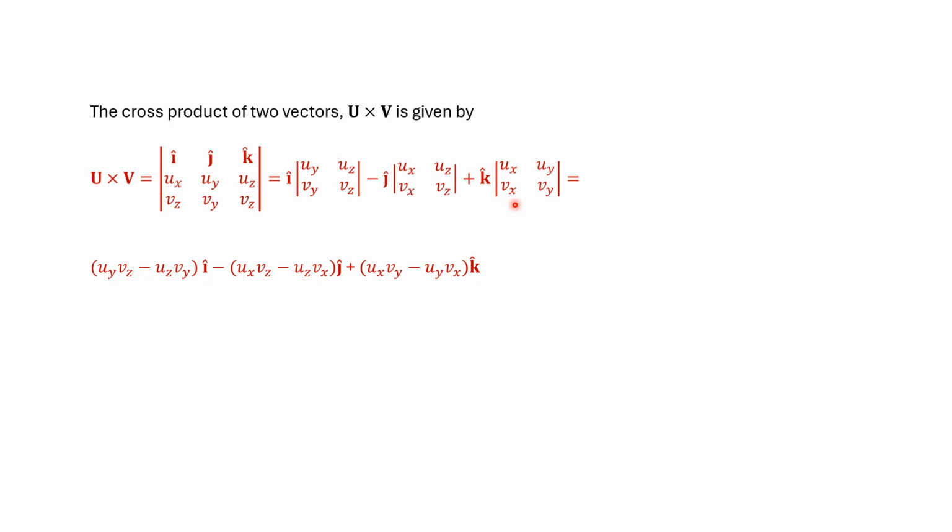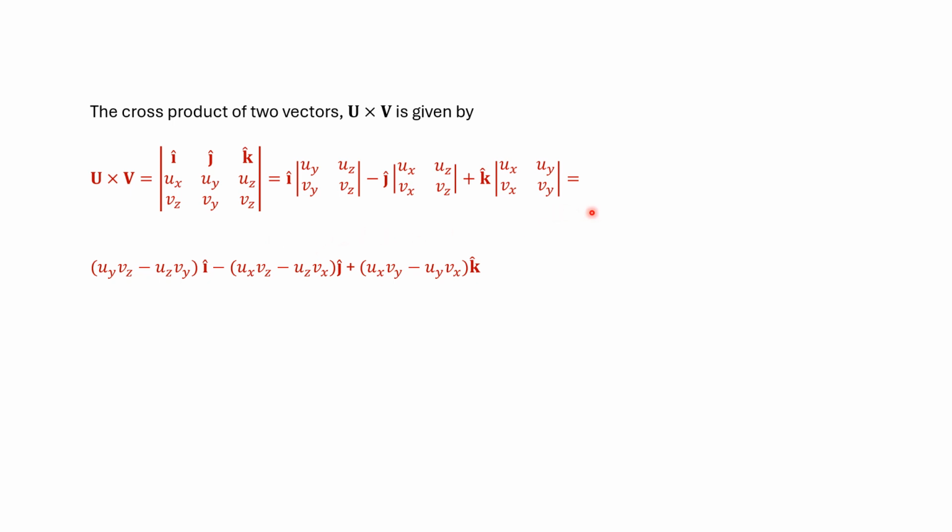ux, uy, vx, vy. And the way we find a determinant is we take the diagonal and multiply. So this would be uy times vz minus, and we take the reverse diagonal, so this would be uz times vy. And we do the same for each of these to evaluate the determinants. This technique of taking a 3x3 determinant and reducing it to 2x2 determinants is called